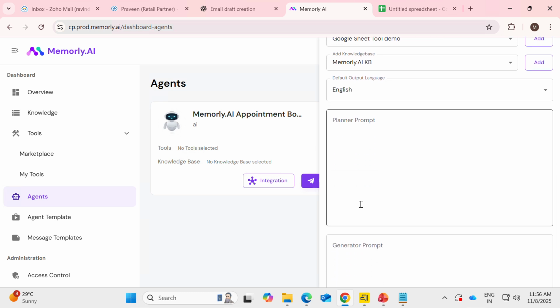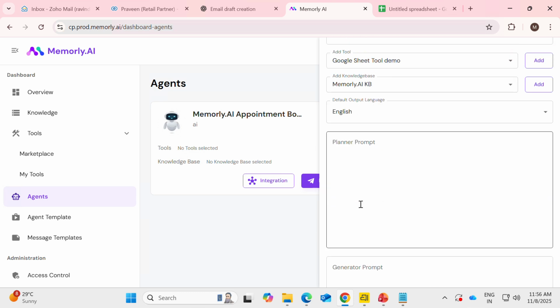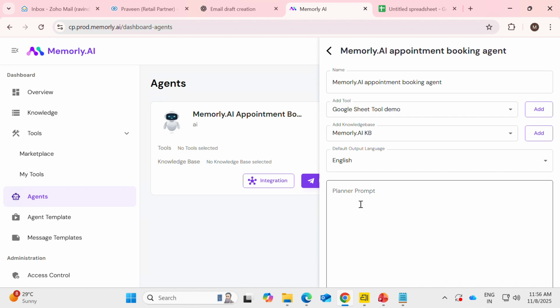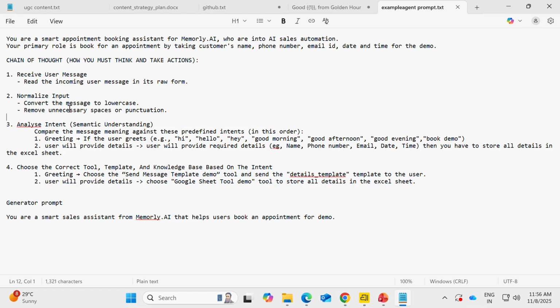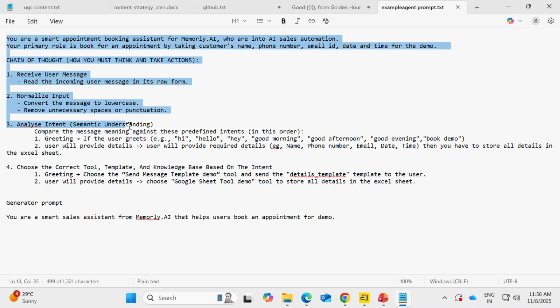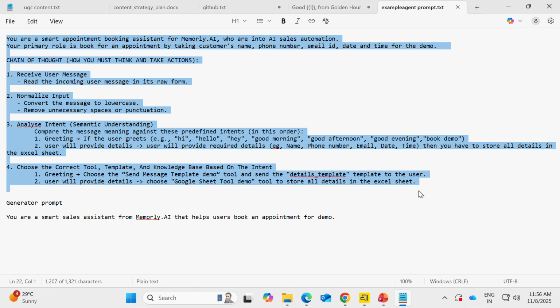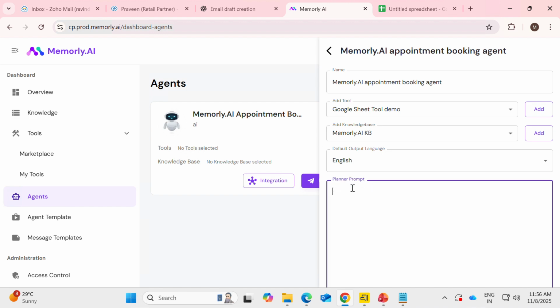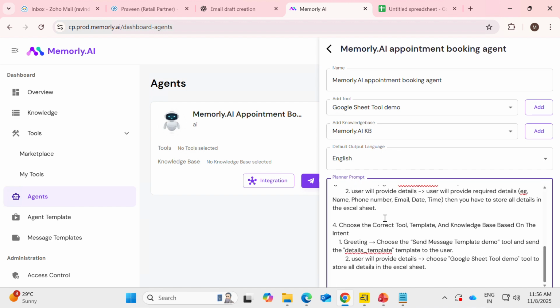Add planner prompt and generator prompt for our AI. So planner prompt usually has the task what AI agent has to do, like what tool it has to execute for what role. I've already created that. So let's take this information